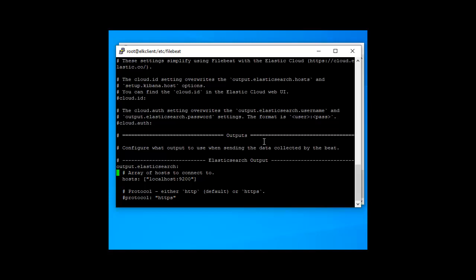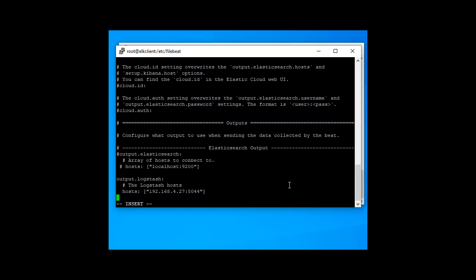Okay. Now comment this line. I just enable the Logstash output and set the server IP address, that is 192.168.4.27.